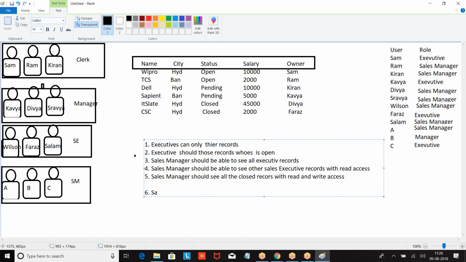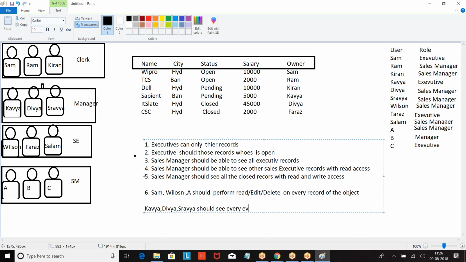Sham, Wilson, and A should perform read, edit, delete. Kavya and India should see every record.